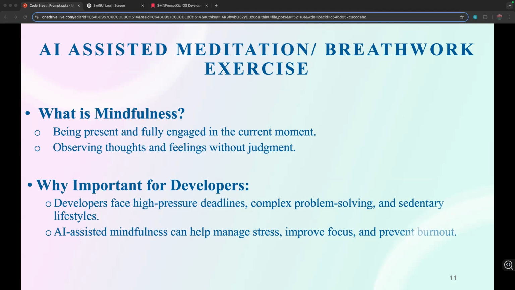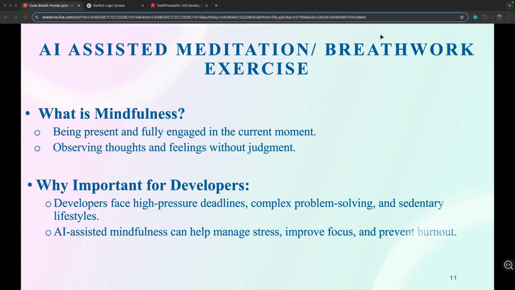And why is it important for developers? Because as a developer, we face high pressure deadlines, complex problem solving, and many other things which we never talk about. Because we are problem solvers, we solve problems using software, or even in our real life we try to solve everything.